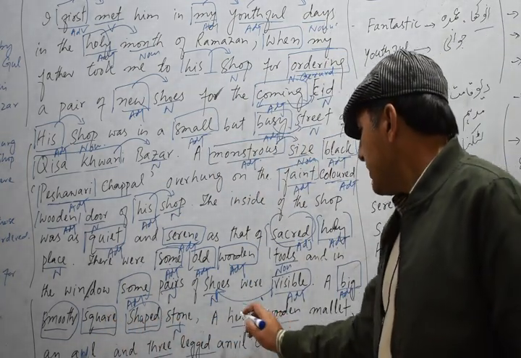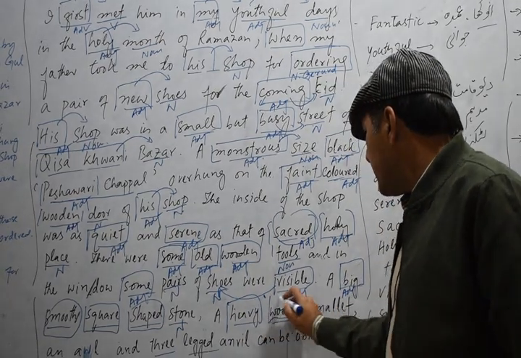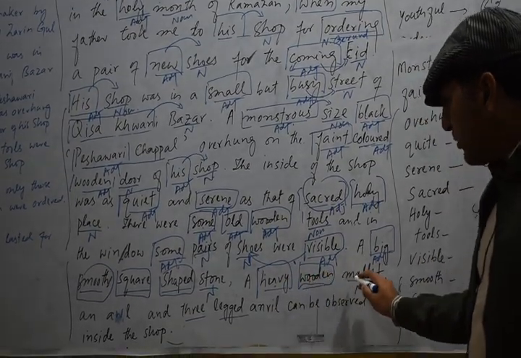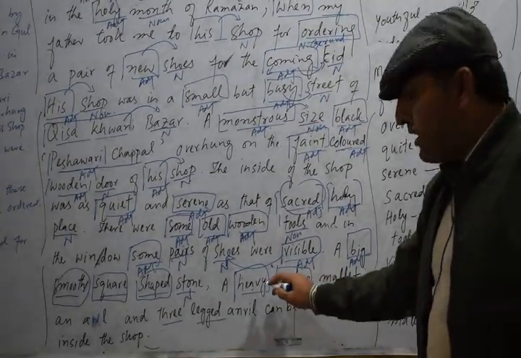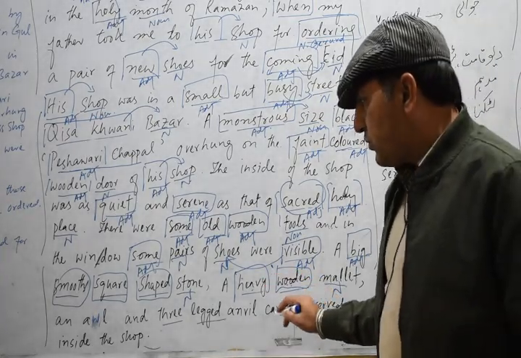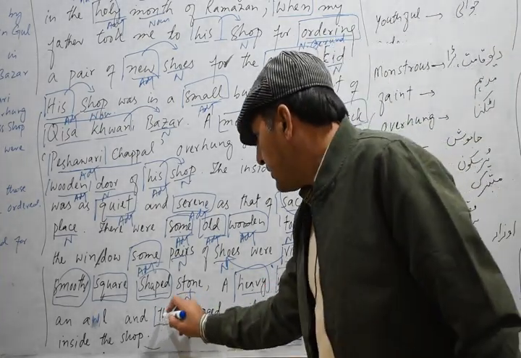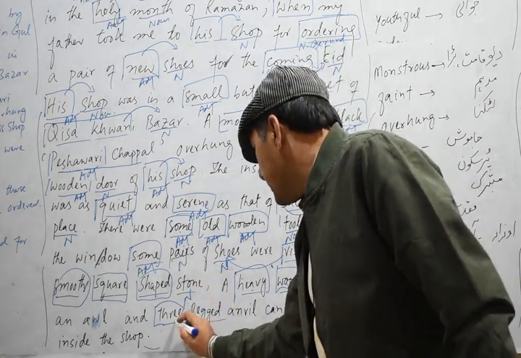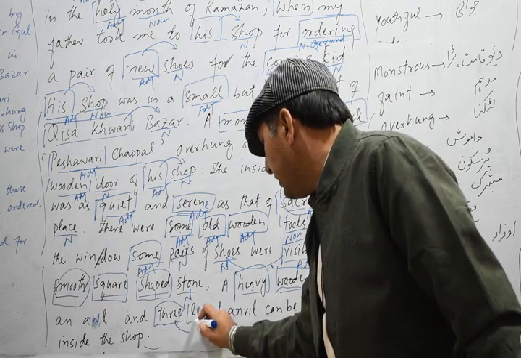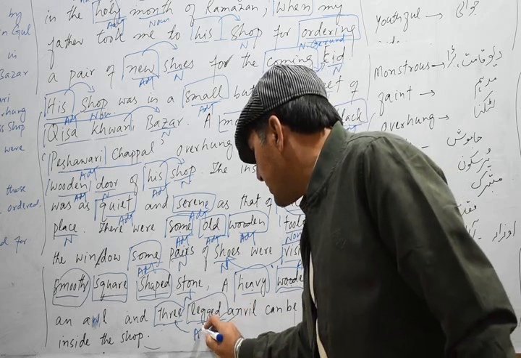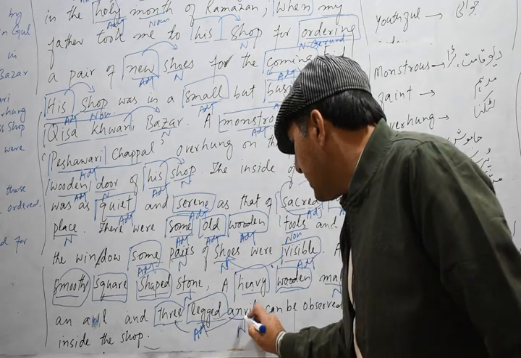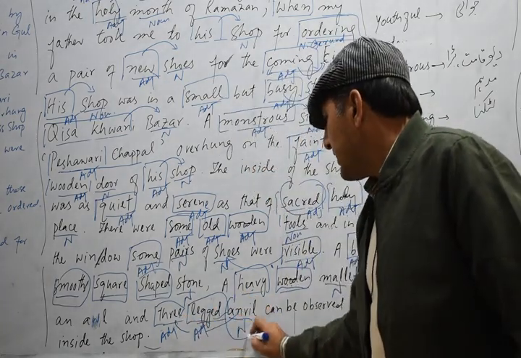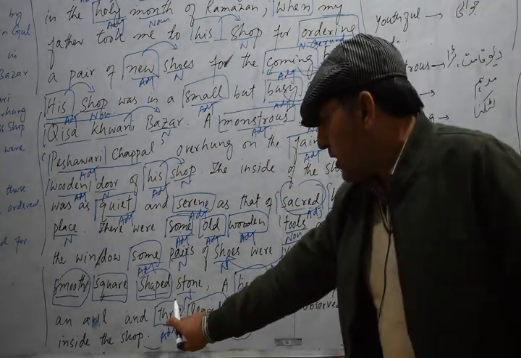A heavy wooden mallet, once again you see heavy wooden, mallet is a noun. Now you see these two words, heavy wooden, tell us about the word mallet. So both are adjectives. Now you see we have three. Three is also an adjective because it tells us about animal, three-legged. So legged is also an adjective because it tells us about the word animal. Animal is a noun. And three also tells us about this animal. So these two are also adjectives.